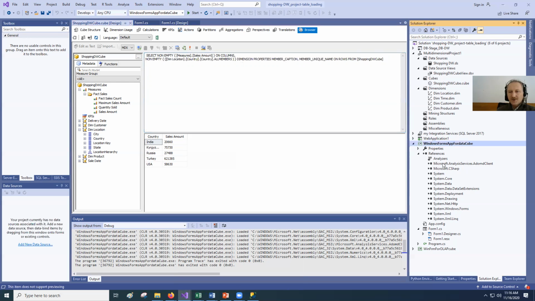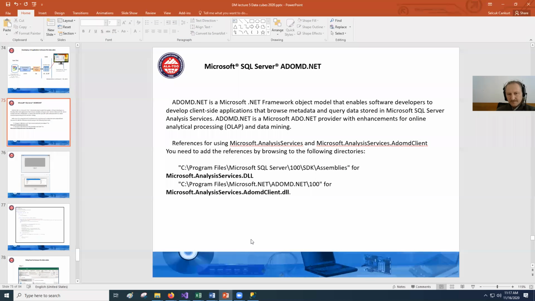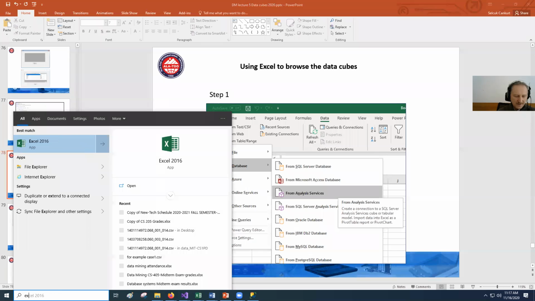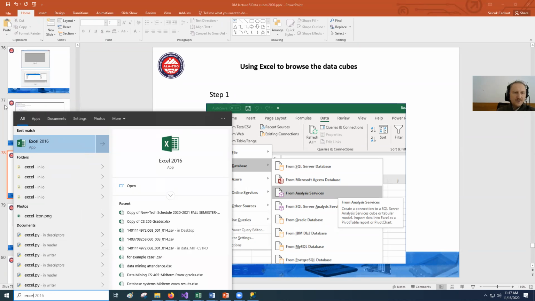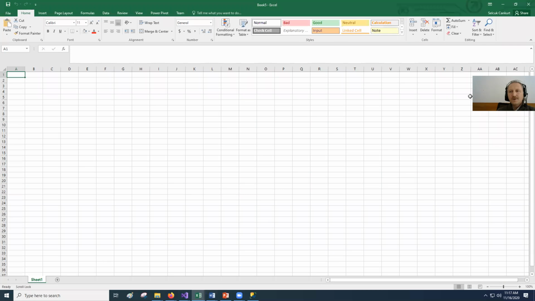These are applications, and you can develop any application like that. Now, next one, how can you consume our data cube from Excel? In Excel, you can connect to your data cube, and then you can prepare professional good looking